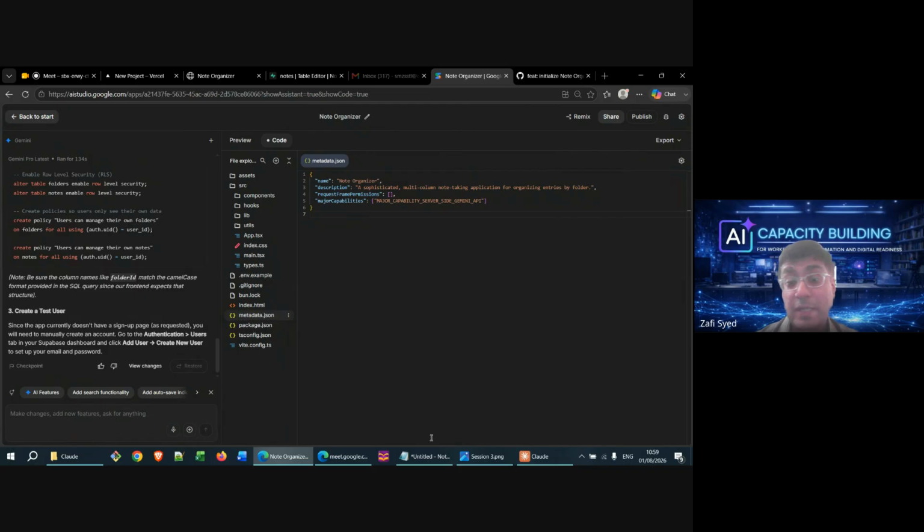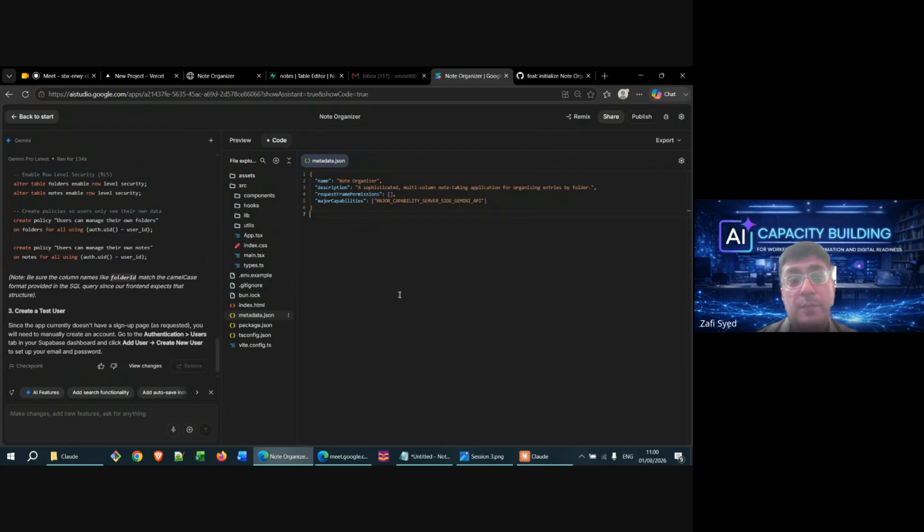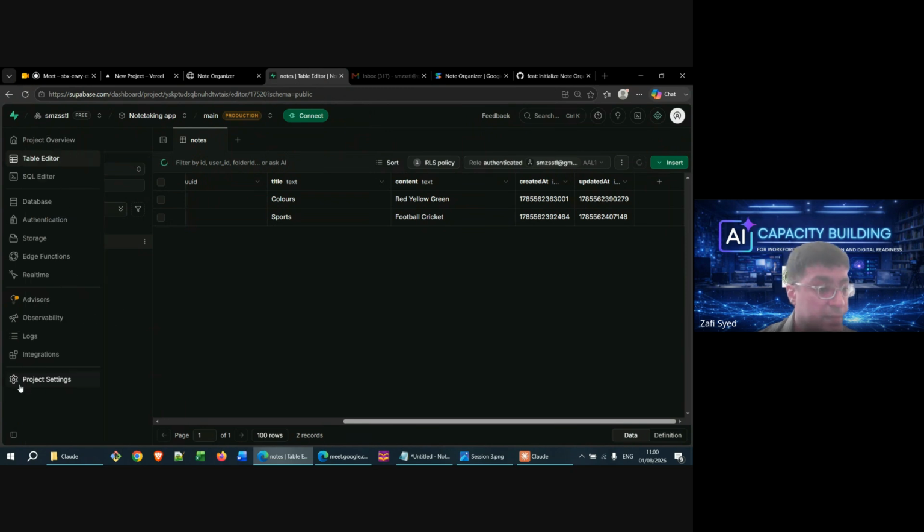What you can push, by the way, are these two things: the Superbase URL and anon key. Ideally, you should not, but even if you push these, it's sort of okay. Do not push the password for your main Superbase database, because that password will provide direct access.